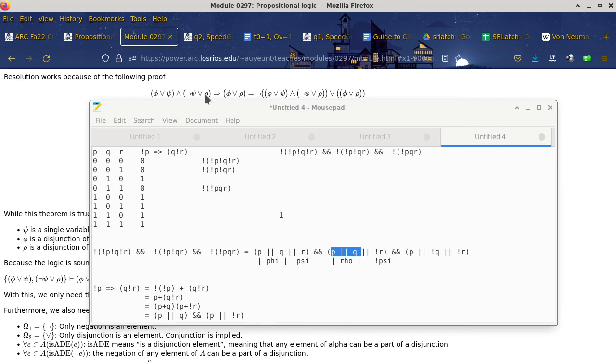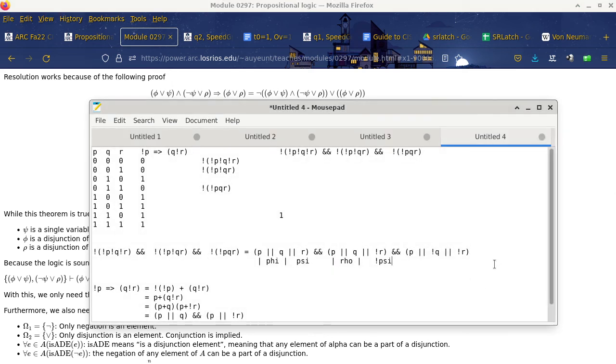Is that okay? So now, according to resolution, I can now say this entire part here is just basically becoming phi or rho,